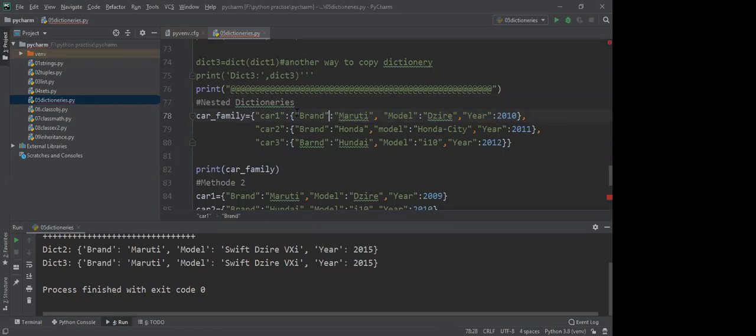In that dictionary, I'm creating brand, key name is brand, and value is Maruti. Key name is model, and the value is Dzire. Key name is year, and the value is 2010. Now this is your first key value pair in the outer dictionary, like the first element in the outer dictionary, right? So then the second element is